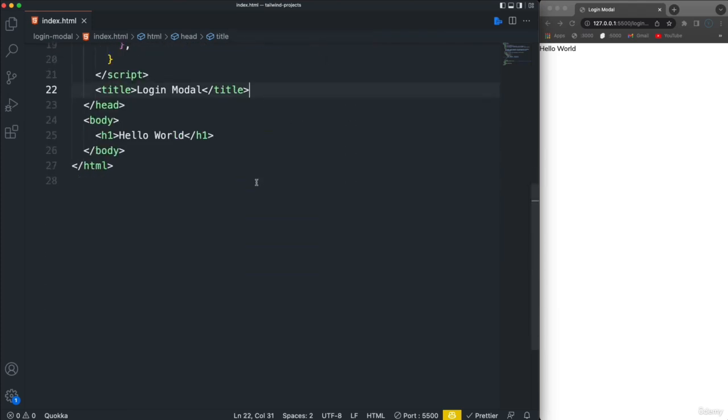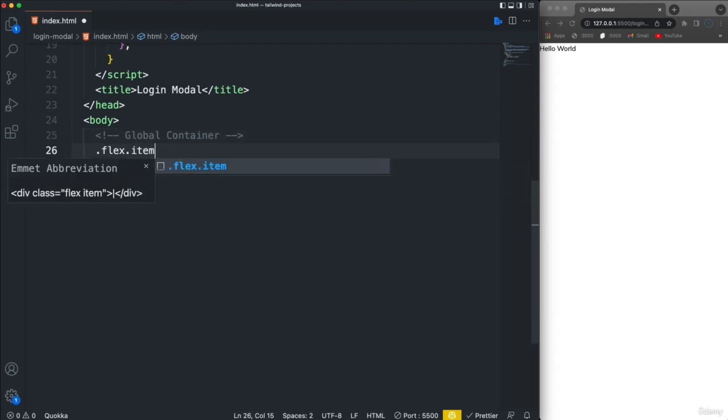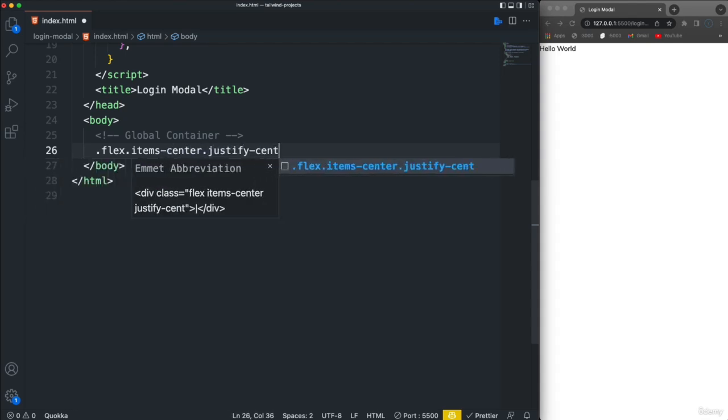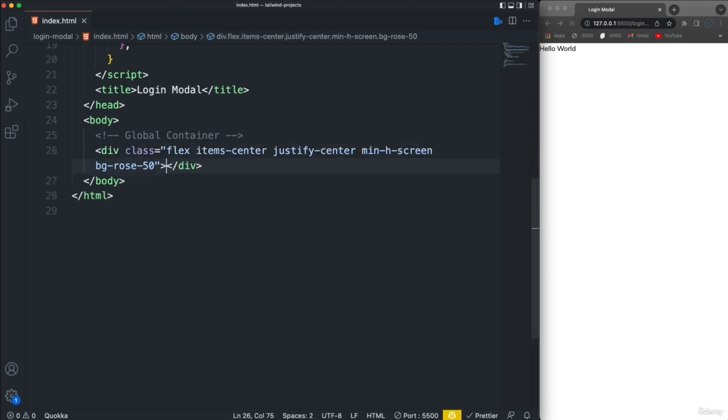So let's go ahead and add down here our global container, because again, we're just putting this right in the middle. So we want flex and items-center and justify-center and the height. So the min-height will be the screen. And for the background, we're going to use rose-50. All right, so if I say hello, that should be put right in the middle. Good. So in here, we're going to have our, I guess, our card container, main container, whatever you want to call it,